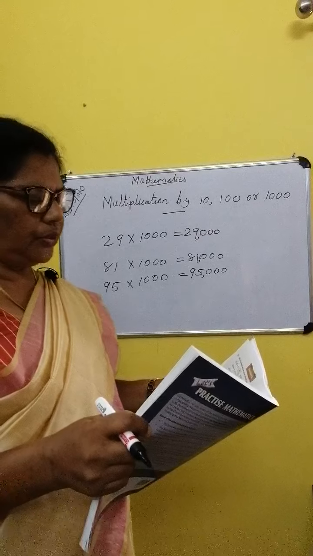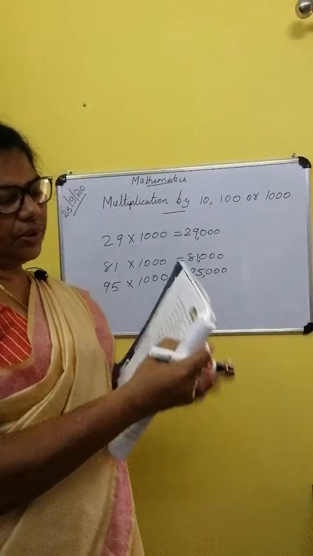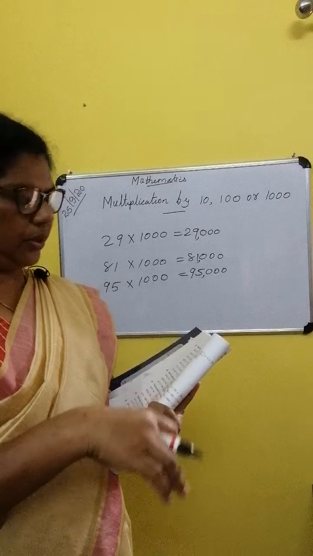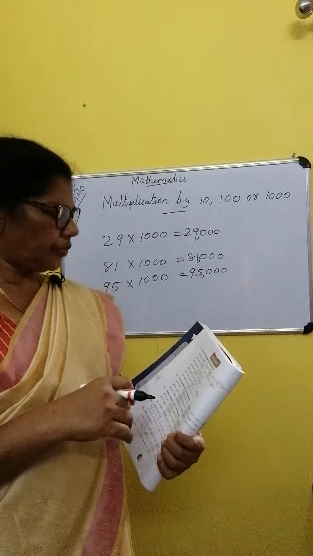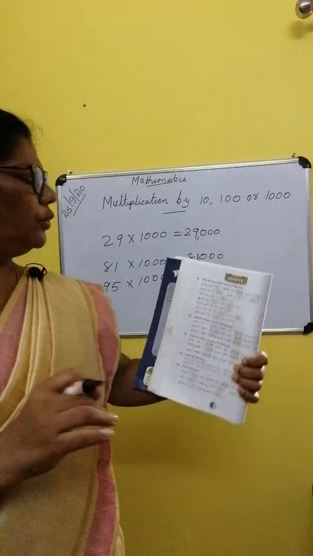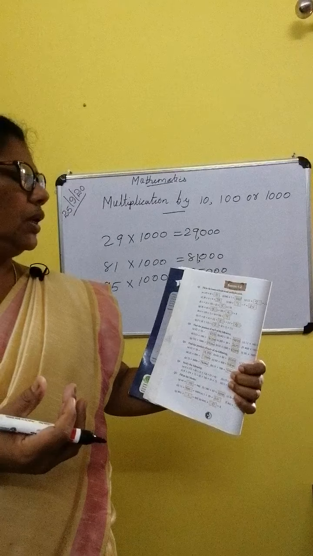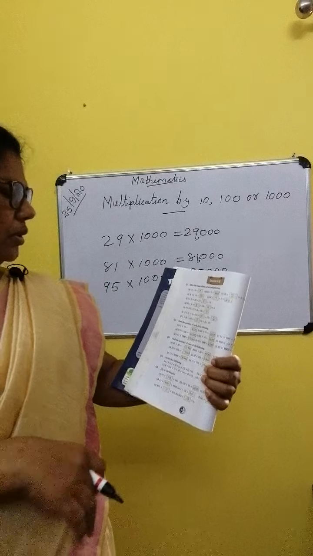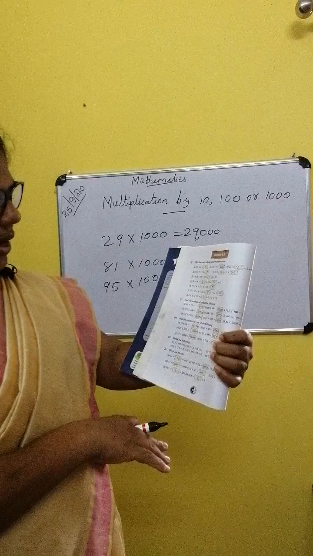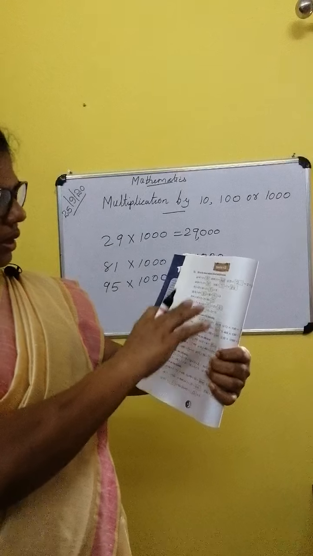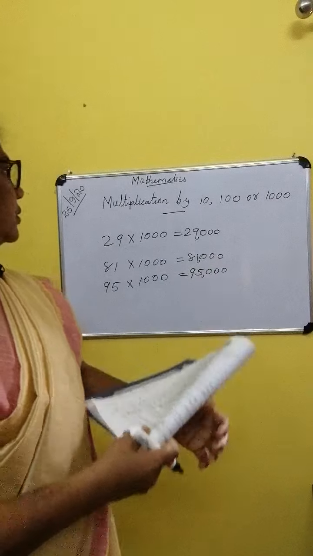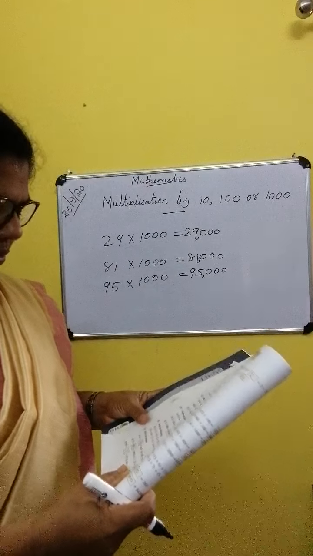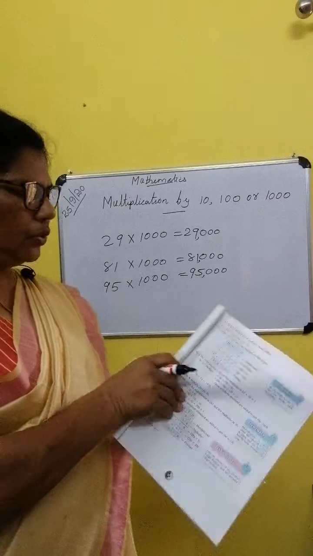Then 25 into 2. See, this one we have studied. 25 into 2 equal 2 into 25. Not the product. Okay. 38 into 9 equal 9 into 38. 84 into 7 equal 7 into 84. So for everything, write the answer in the textbook. Okay, write the answer in the textbook. See, whatever I have given on the board, copy to the notebook. Okay, understand and do it.